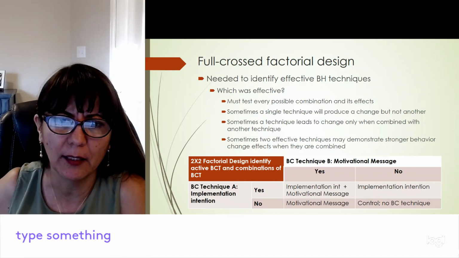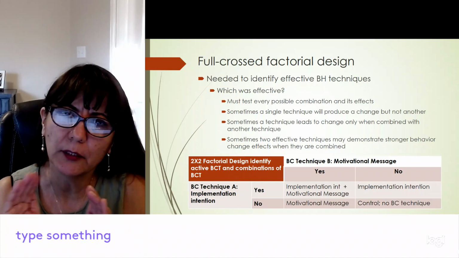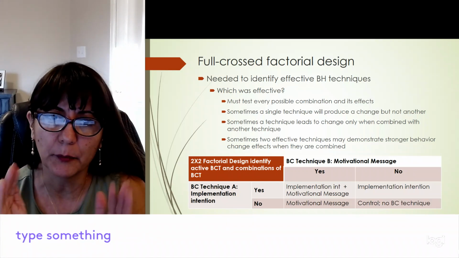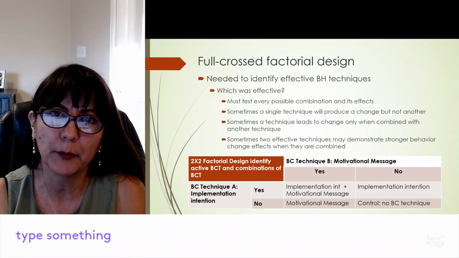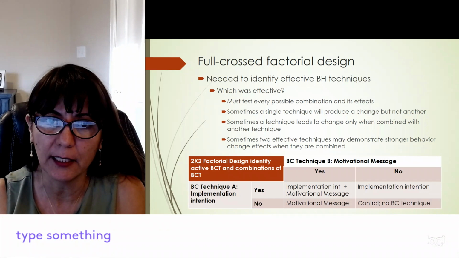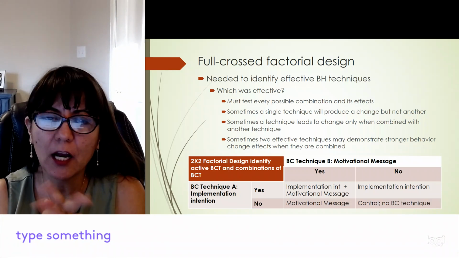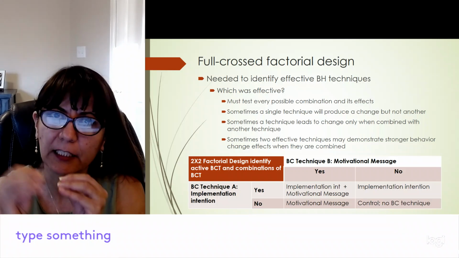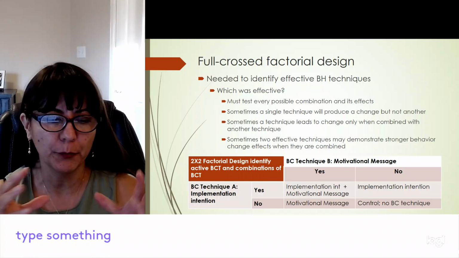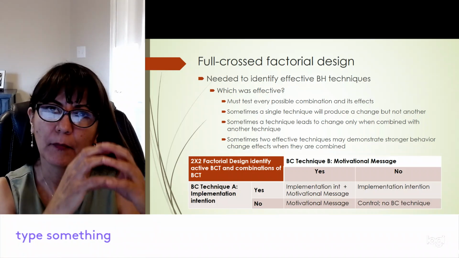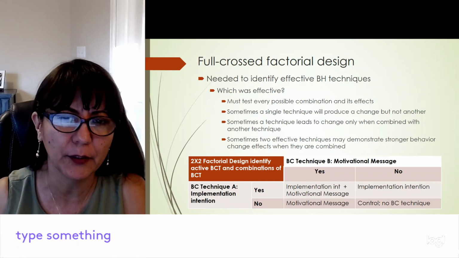And so if you're not looking at the constructs, but you're only looking at the behavior change technique that you applied, they really recommend doing a factorial design. And all that means is that for each combination of techniques in your study, there should be a subgroup addressed to that specific combination. So for example, here in our table,